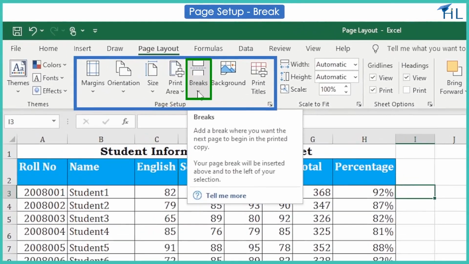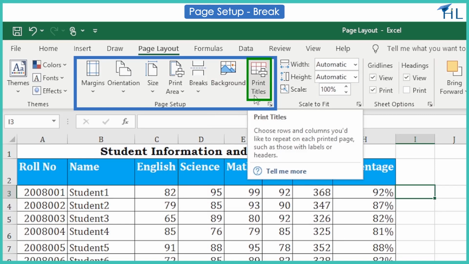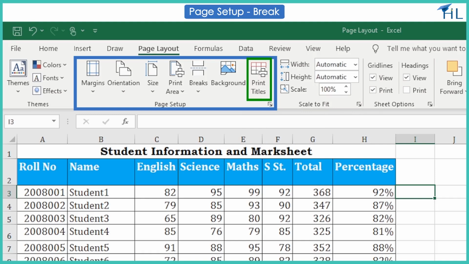The Breaks option allows us to insert page breaks to control where the worksheet is divided when printed. The Background option allows us to add a background image or color to the worksheet when it is printed. The Print Titles option allows us to specify rows or columns to be repeated on each printed page, which can be useful if we have a large table that spans multiple pages and we want to print a table header